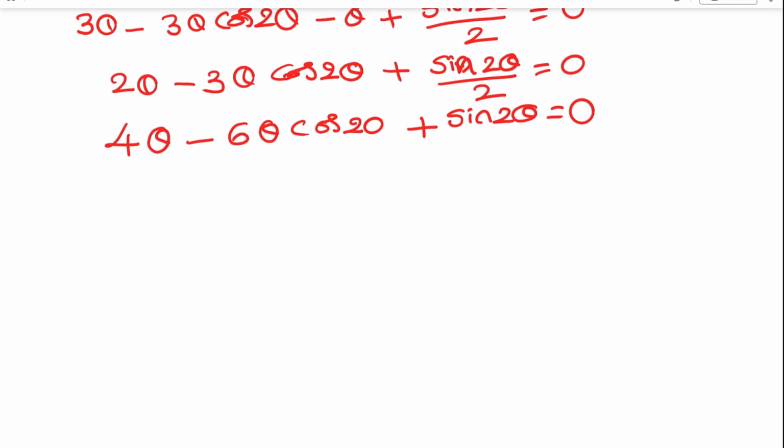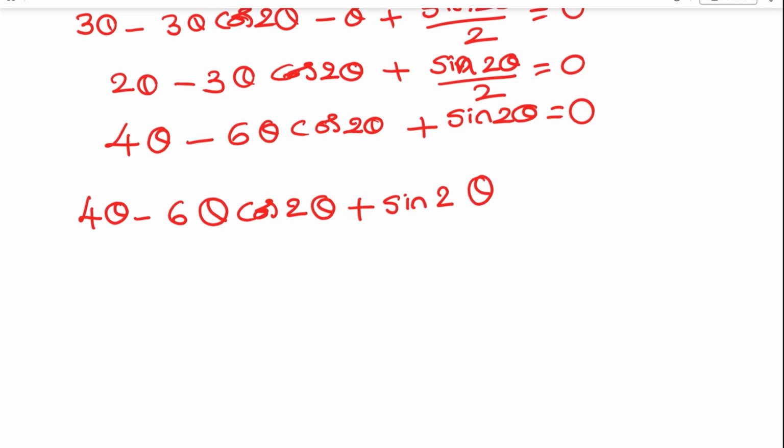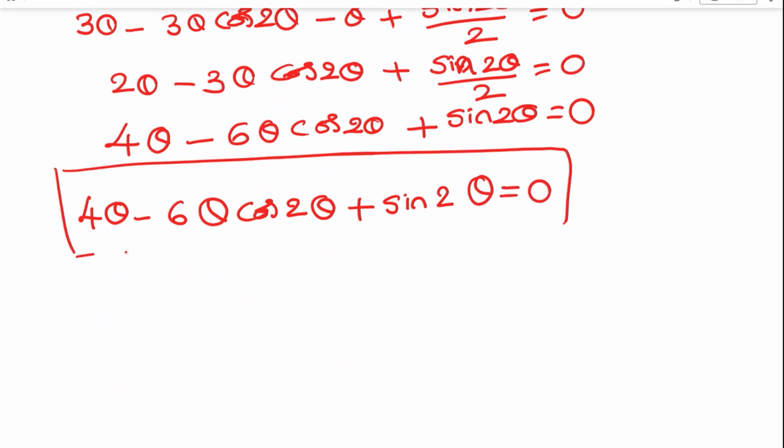Finally, it is 4 theta minus 6 theta cos 2 theta plus sin 2 theta is equal to 0. If you do up to this, then solving this equation,